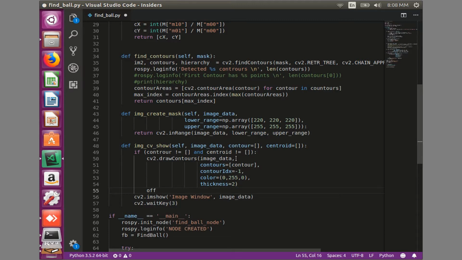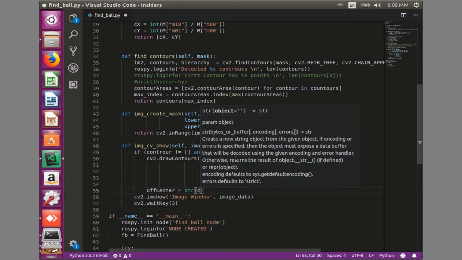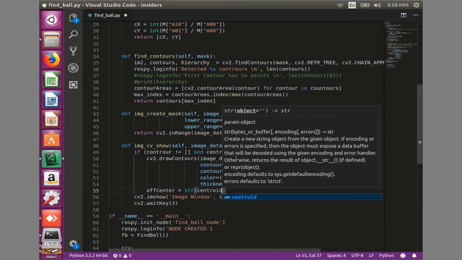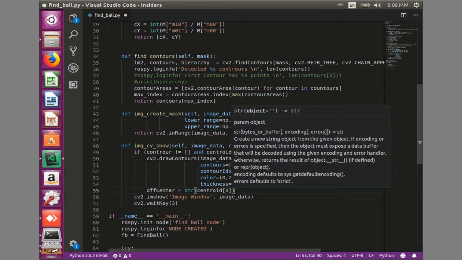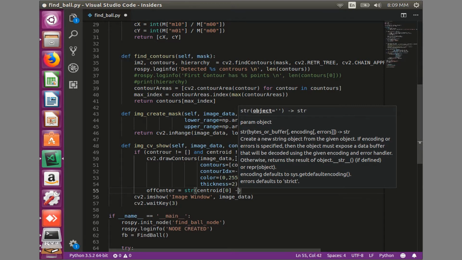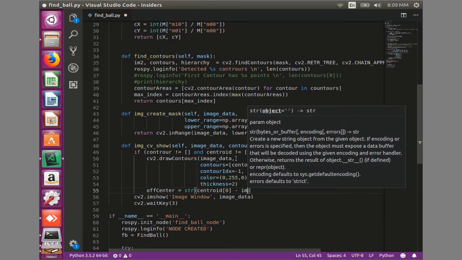I want to know how many pixels to the left or to the right the centroid we are looking at is. So the first thing I will do here is an off-center variable, which I will make a string. I will get the centroid's first value, which is the x position, and subtract from it the image